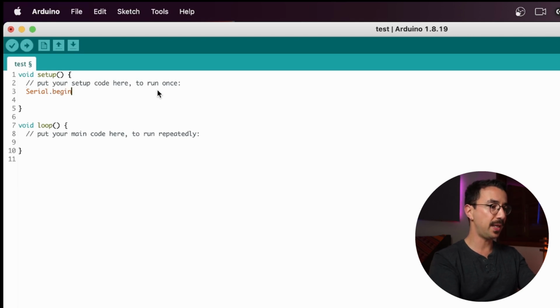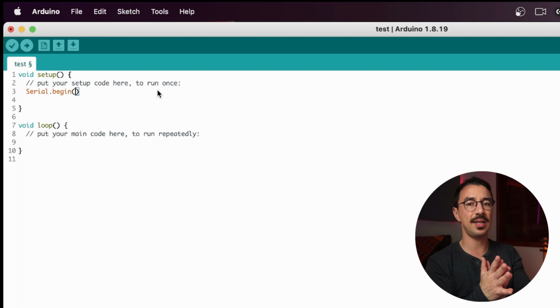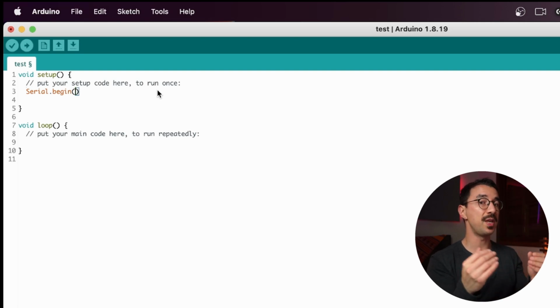So Serial.begin, and capital matters. Capital is different from lowercase, so pay attention to that. Inside this parenthesis, we are going to put the baud rate. A baud rate is some sort of frequency that the serial monitor will be reading at.